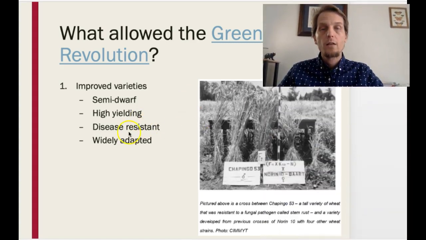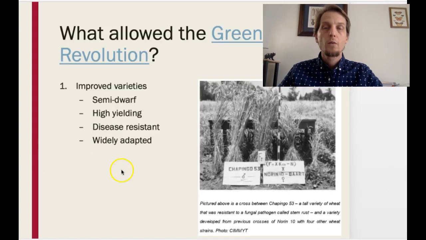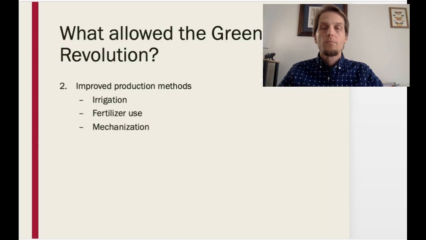And after that, they bred for that out of there, and they got this semi-dwarf plant like I was mentioning. And so these were some of the improved varieties. And now they had to test them across areas of Mexico, which is what they did here. And they got them in climates that, and that video goes back and talks a little bit about this, that could be grown in multiple areas around the world. And that's just what they did. So it became what we call widely adapted.